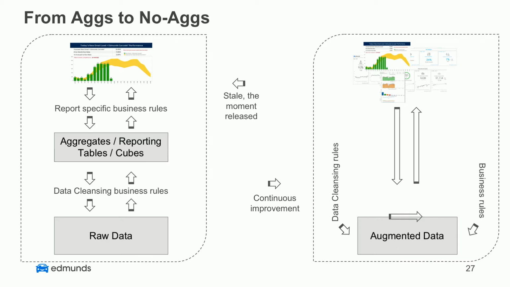And from there, we want to go to a mode where you have raw data coming in, you store it in our S3 bucket, that's our data lake, and then you want to augment the data. When I say augment the data, keep in mind, the data is still at the lowest possible grain. We are not aggregating. We are not creating any cache layer. We are processing the data.